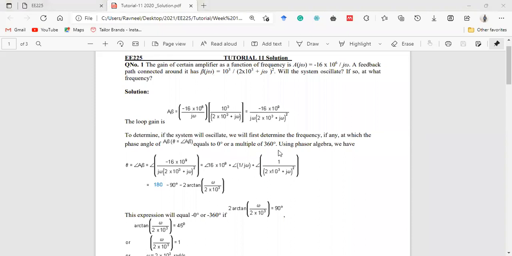Okay. In that particular case, the angle of this will be, the power will come in front of the angle. Since it's in the denominator, it will be negative. The power will be in front, right? We will be multiplying this power with the angle that we get of this value over here, that is 2 times 10 to the power of 3 plus j omega. So 2 will come in front. And then we take, to find the angle of this